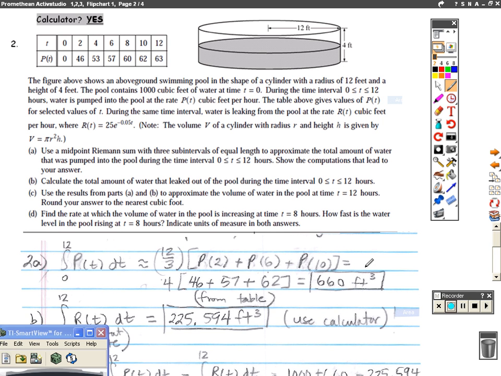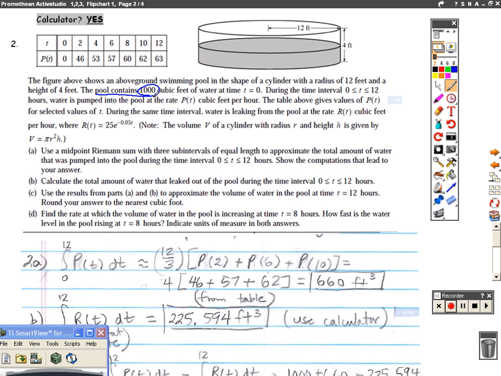Problem number 2, free response question number 2. The figure above shows an above-ground swimming pool in the shape of a cylinder. The radius is 12 feet and the pool has a height of 4 feet, as you can see in the diagram. The pool already currently contains, that's very important, this is your initial amount of water, 1,000 cubic feet of